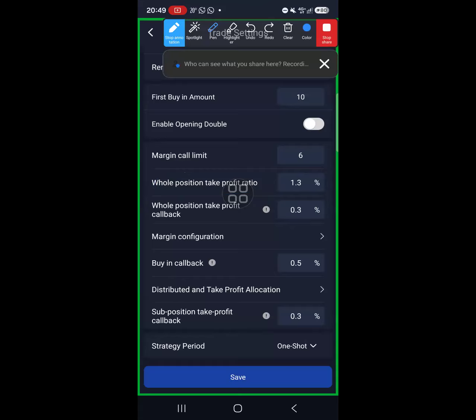If you attend our Monday sessions, Coach Manish always handles this part. He normally explains what is whole position take profit callback. So it simply means when the take profit has been reached, which is 1.3%. Remember, we are trading upward movement of price. So when the price is going up like this,